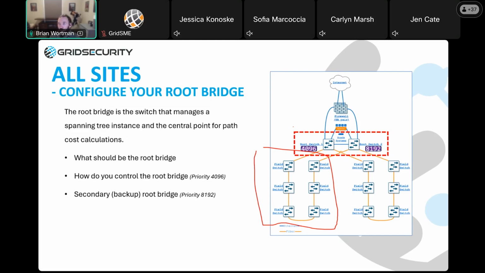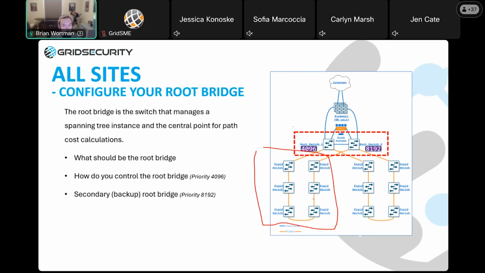So what should be the root bridge? Really, it's almost always going to be core switches. It's the most centrally located. It's the most reliable, most powerful switch in your environment. And it's usually where those fiber loops terminate, so the lowest number of physical links to hop to reach the bridge. They're also usually in substations or central cabinets with reliable power. They often have multiple power supplies, and hopefully your OT team, your on-site team, isn't going to shut off your core switches or your root switches without telling you about it.